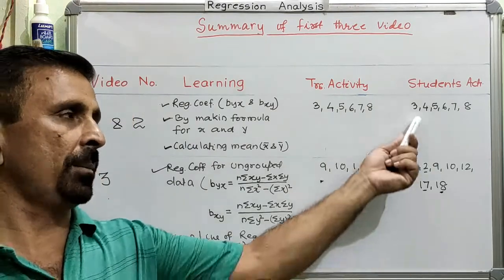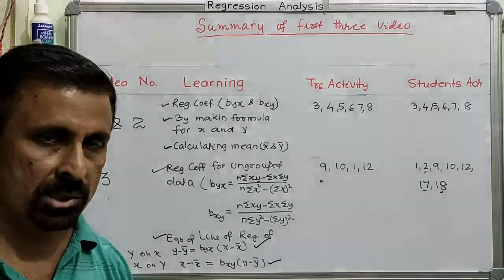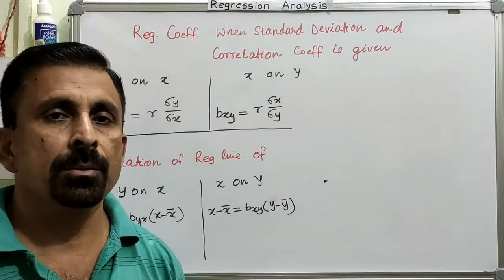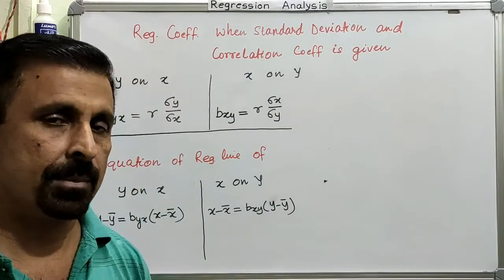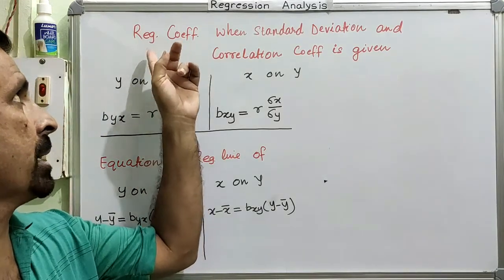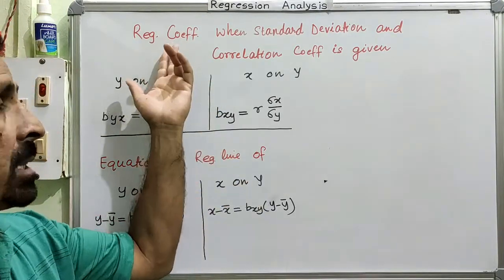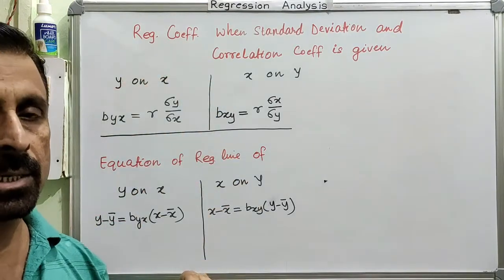Please keep in mind to complete all these tasks. So this is your assignment, and now we will move on to the next question. Now we are moving on to the type 3 question, right? In the type 3 question, we can once again find out the regression coefficient. This is the third method of calculating the regression coefficient.